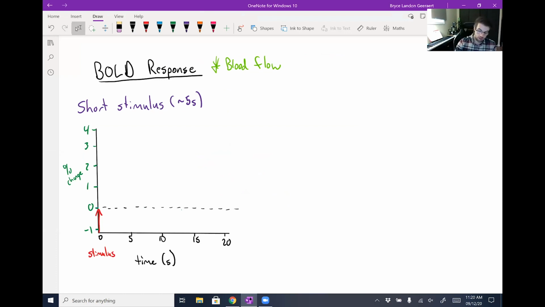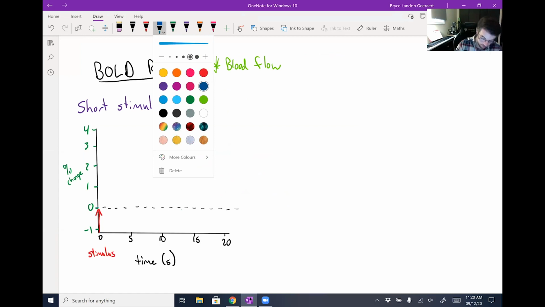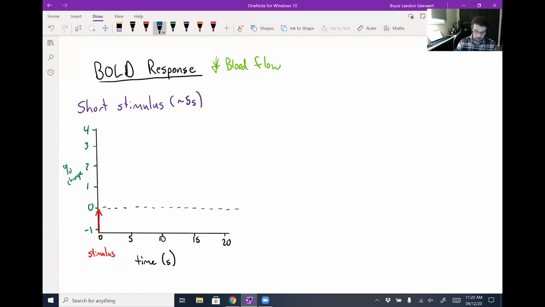So what this looks like, just to draw it out, looks kind of like an action potential. You can see on these axes, I've got time in actual seconds and this percentage change in signal on the y-axis. So if our baseline is 0% change, the signal we would expect from a region, if there's a stimulus applied at the 0-second mark, which is what that red arrow is representing, soon after, a couple seconds,